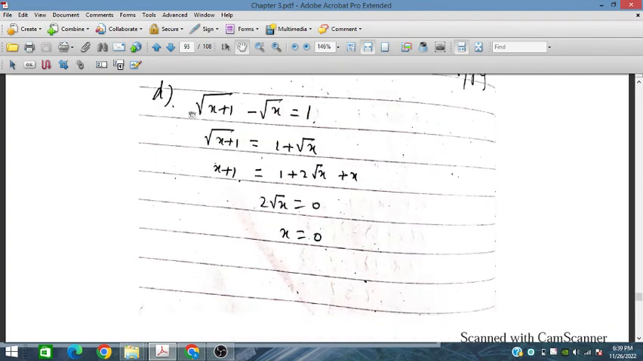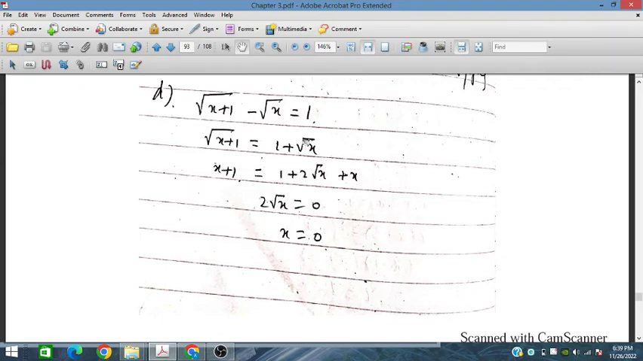Now let's solve this. Under root x plus 1 minus under root x is equal to 1, and shift this to the right hand side. Under root x plus 1 is 1 plus under root x. Now taking square on both sides, this becomes x plus 1. This is 1 plus